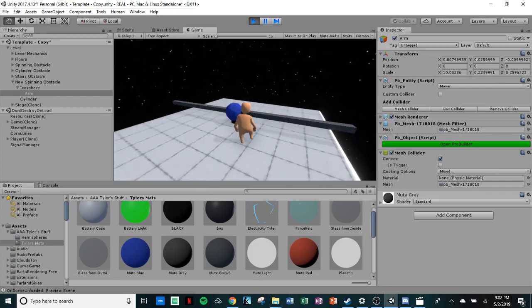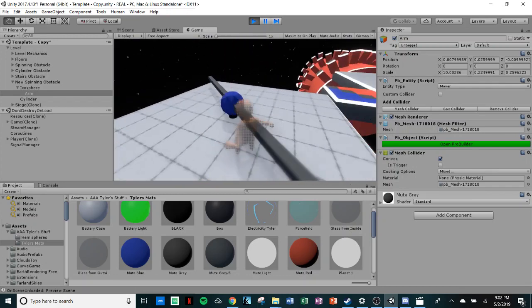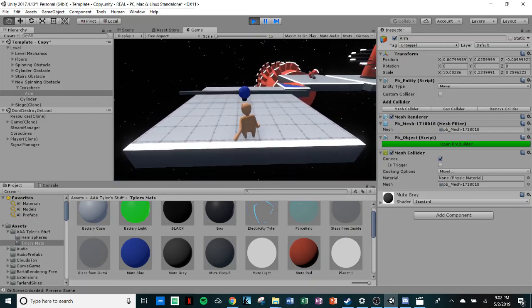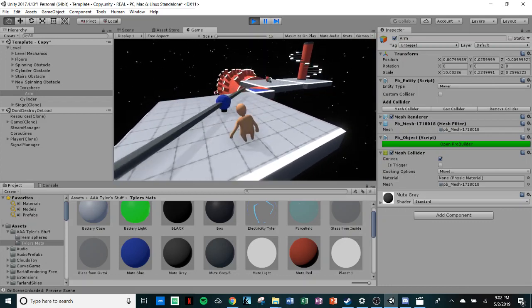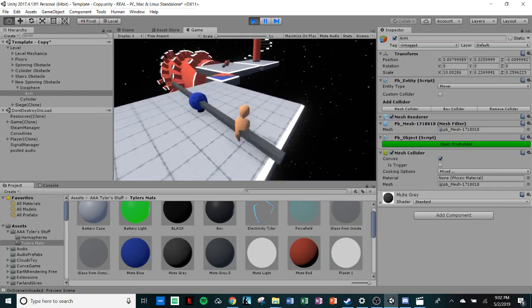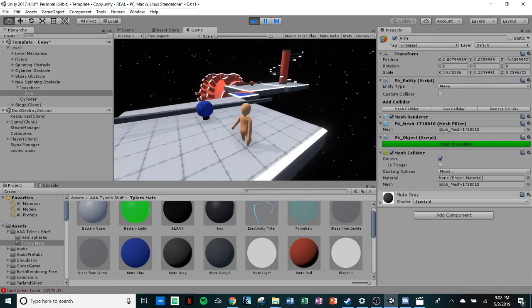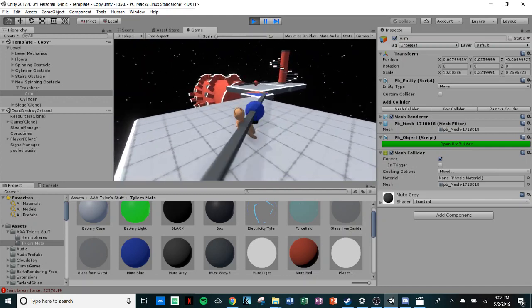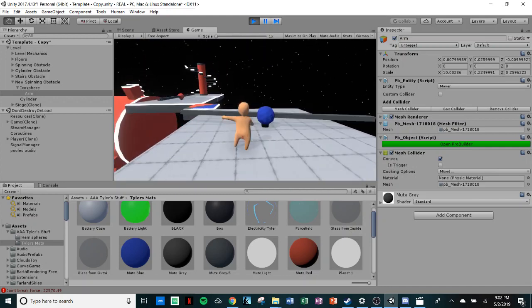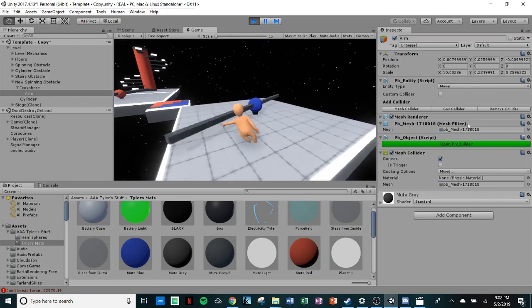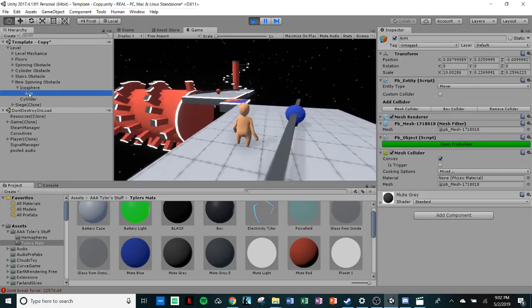Make sure it can collide with us. Oh no. Okay, so here's a good lesson. It is colliding with us partially, but it's not doing everything we want because it's not pushing us around. It's overall just kind of glitchy in the way it works. The reason for this is, like I said in the last video,